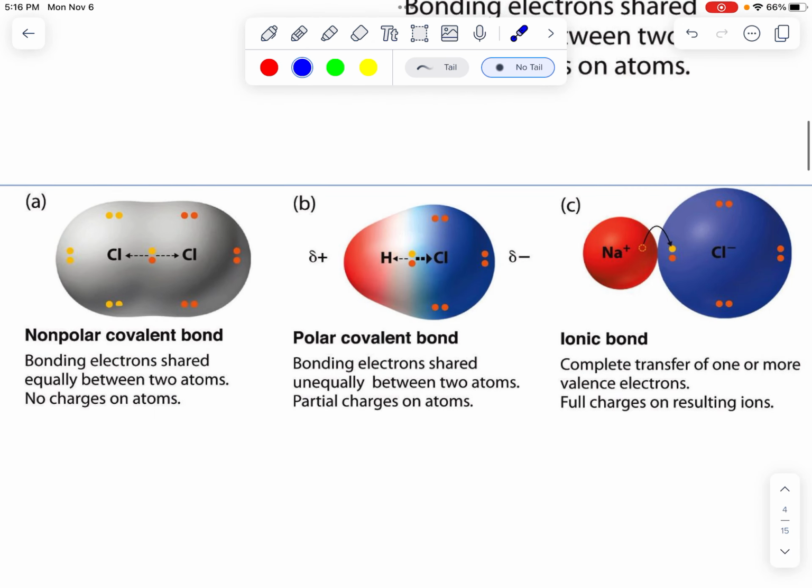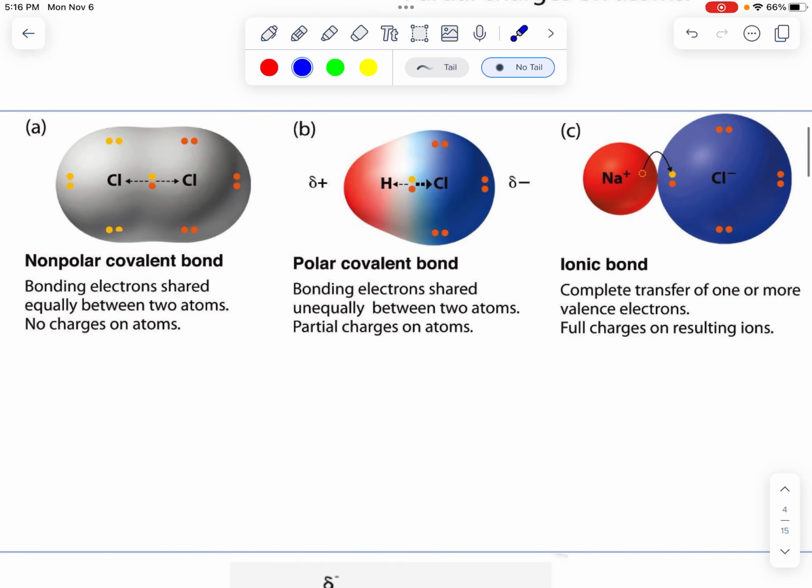And then we can compare this. So now that we have the word polar to show unequal sharing, we can use the word nonpolar to show a perfectly shared one. Hopefully you can see why chlorine and chlorine would have a perfectly equal sharing, right? These are the same atom, so their electronegativities are identical, so they're perfectly even at sharing electrons. So they don't have any polar, positive or negative charges on them,